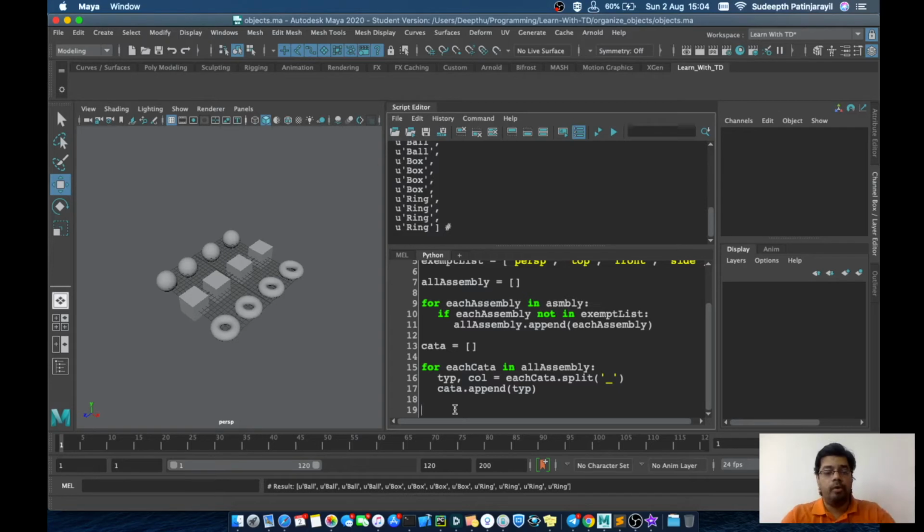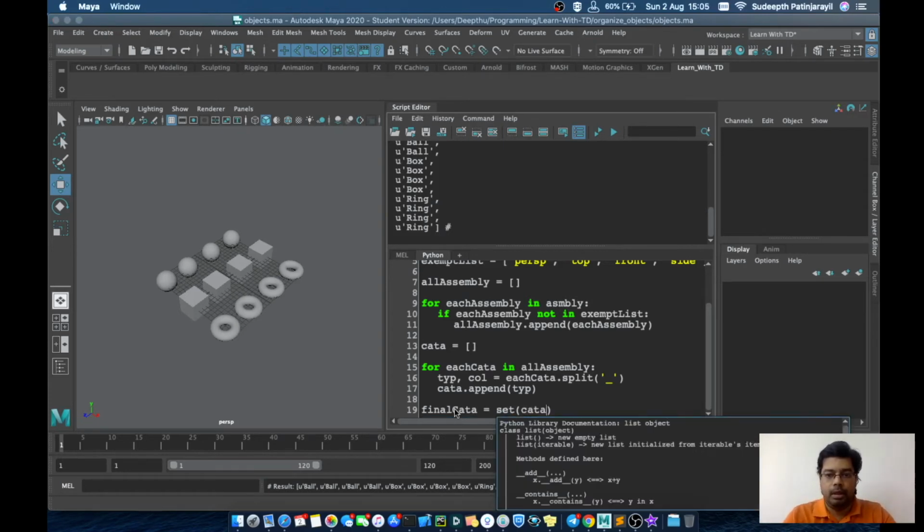We want to remove all those duplicates and assign the result to another variable. So final category will be set of cata.